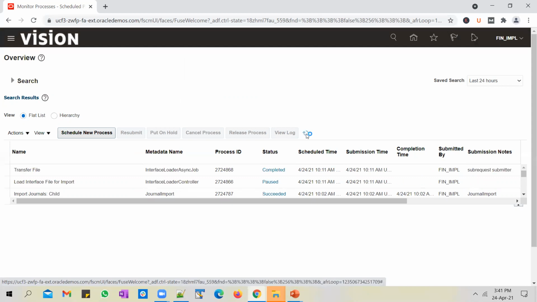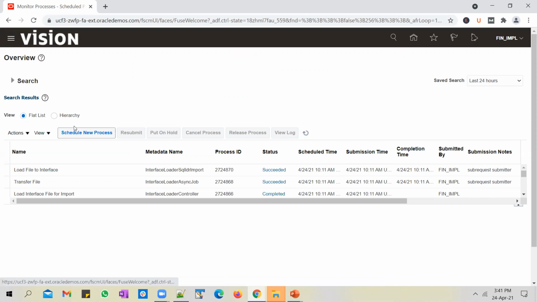So let's wait for the loader to finish and then we'll run the import job. And you can run the import job now.